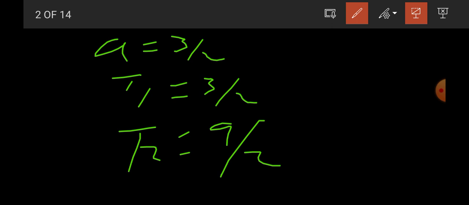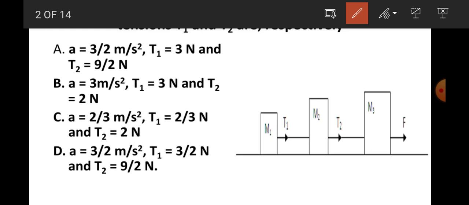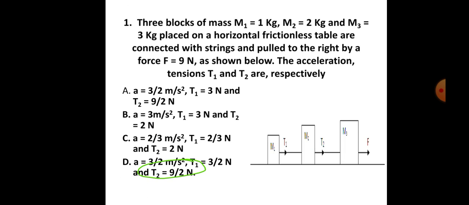የሚለው ማቴማቲካል ኤክስፕሬሽን ወይ ደግሞ ቾይስ ካለ ትክክል ነው ማለት ነው። ሶ ዲ ምን ይላል? Acceleration is 3/2, tension 1 is 3/2 and the tension 2 is 9/2. ስለዚህ መልስ የሚሆነው ዲ ነው ማለት ነው። መልስ የሚሆነው ዲ ነው።